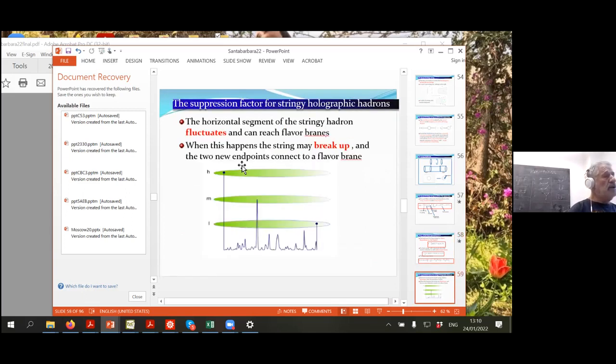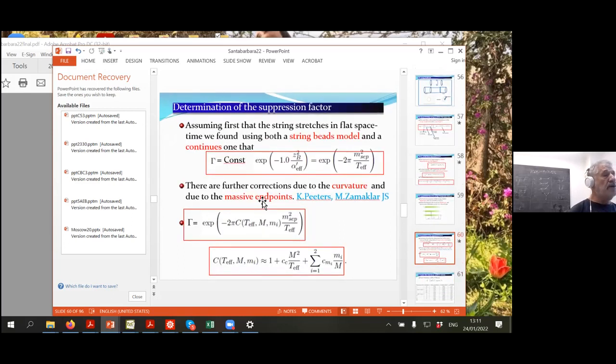But we want also to understand individual processes. So how, in holography, can the string break? It cannot break unless it hits a flavor brane. So the string fluctuates when it hits a flavor brane. It can then break into two strings, and this calculation of the fluctuation we have done in the past, and